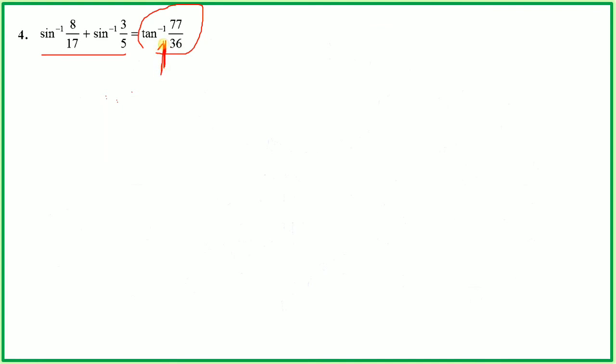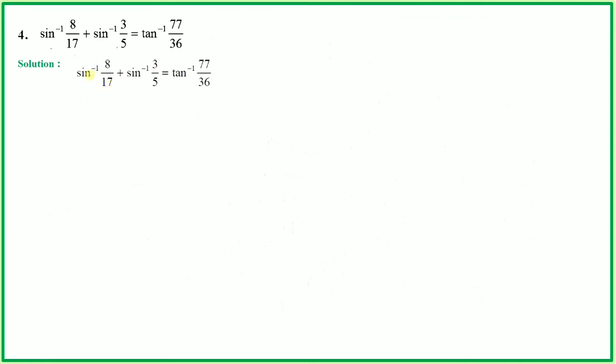You should target this term, and the 2 or more terms in the left hand side or right hand side, whichever side has more terms, those terms need to be converted into this inverse trigonometric function. If it is sine inverse, then you need to convert these 2 into sine inverse. If it is tan inverse, then we need to convert these 2 into tan inverse. This is a simple thing, just concentrate here on how we proceed. Let us go for the solution.